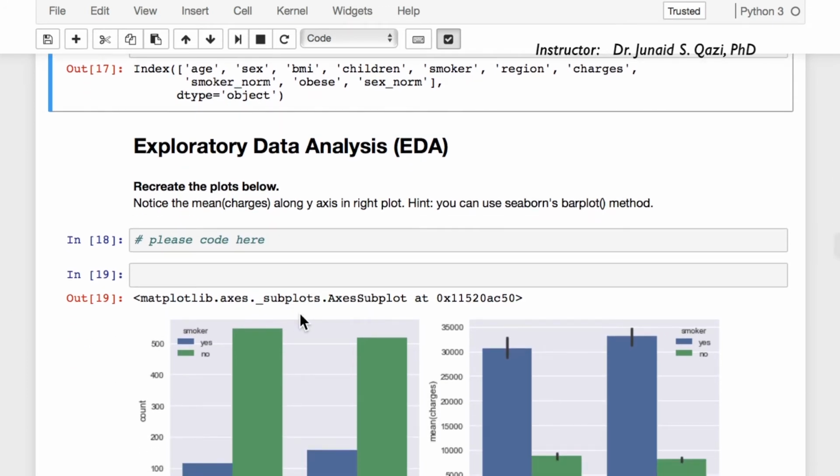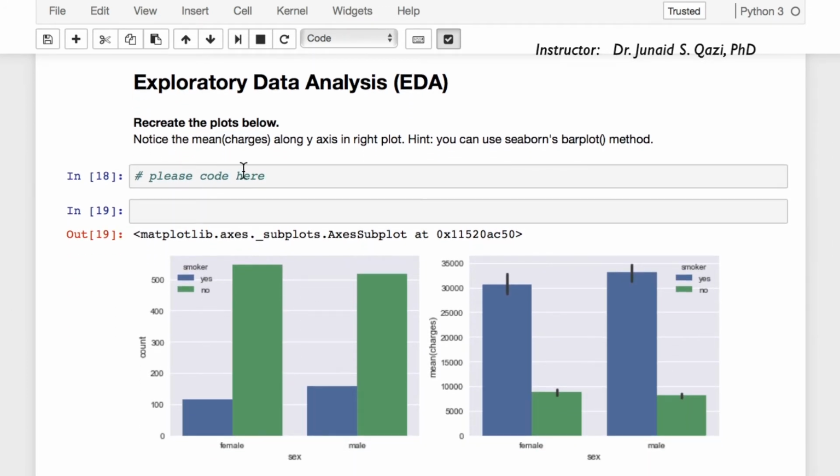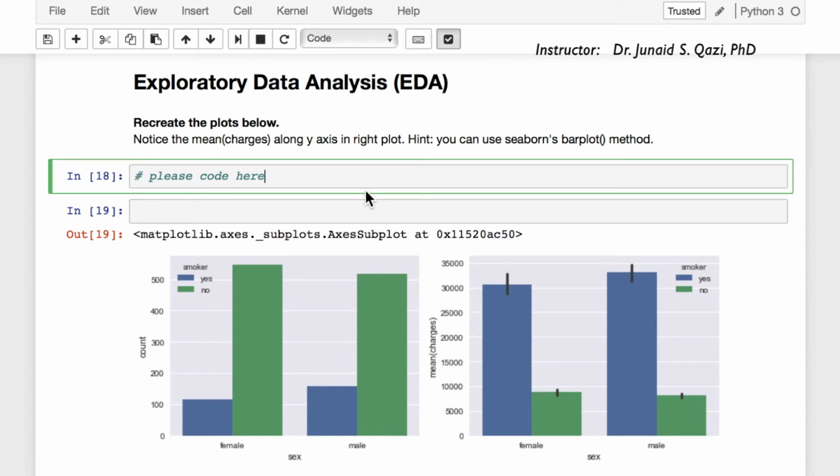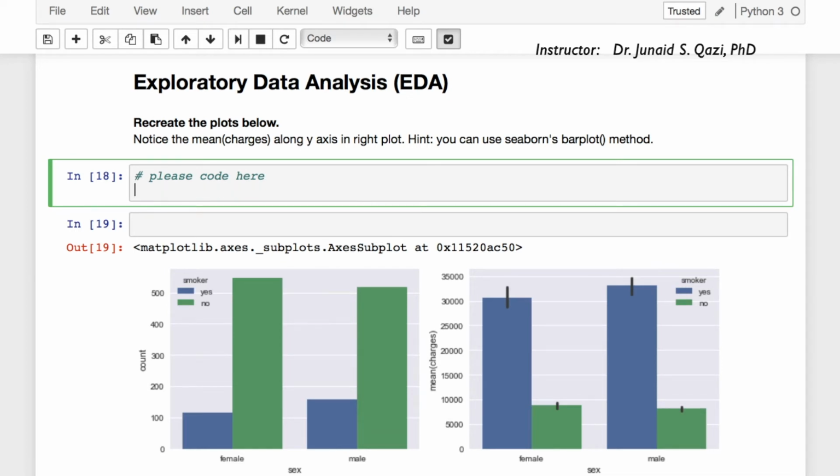So the next section is exploratory data analysis. He's asking us to recreate these plots. If you notice, the first on your left side is a count plot, whereas on your right side is a mean along the y-axis, which is also a hint here, and you can use a bar plot. We can use matplotlib's subplots here, and we know the syntax is fig, axis equal to plt dot subplots, pass in n rows, we want one row, and pass in n cols,